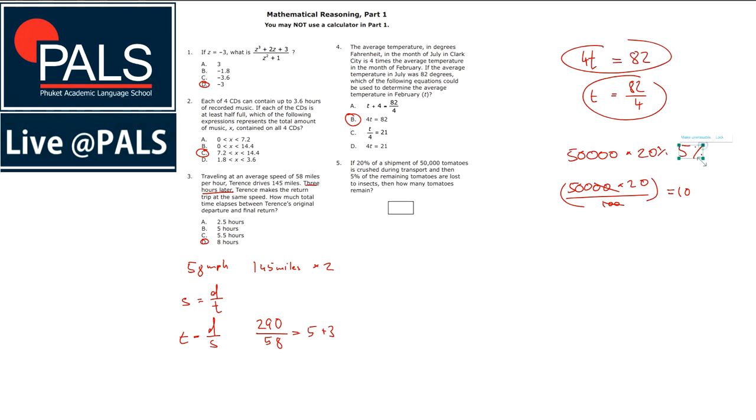It's probably easier. So that gives us 2 times 5 is 10, and then we have 3 zeros remaining. 1, 2, and 3. 10,000. This is the amount of tomatoes that gets crushed. So obviously we have to subtract that from the 50,000, which gives us 40,000. So this is the remaining tomatoes, and now 5% of that